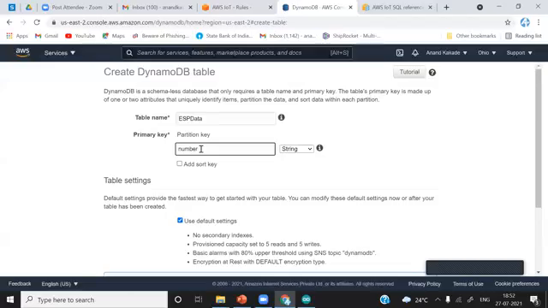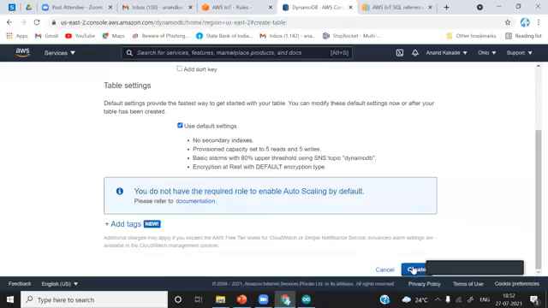Because for each data frame you are sending, or each payload you are sending to the AWS IoT, it will have a different timestamp. So we can uniquely identify each and every row. That is the purpose of this partition key. So for example purposes, I'm just showing this number. Later I will show how you can properly do this. Create.